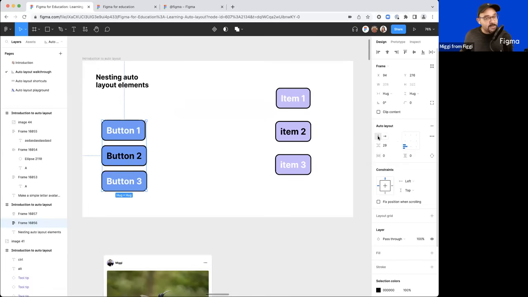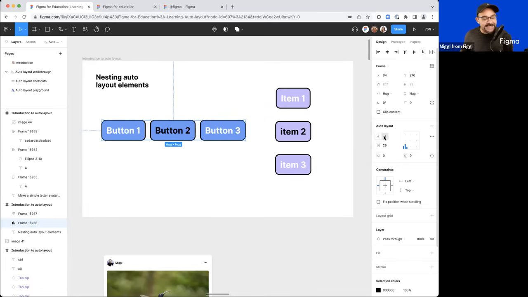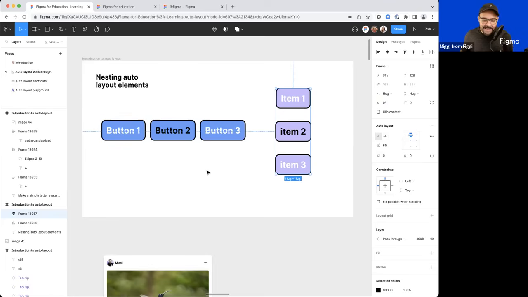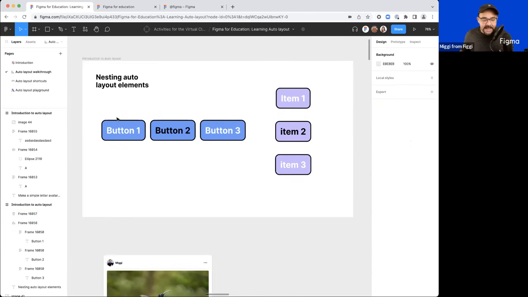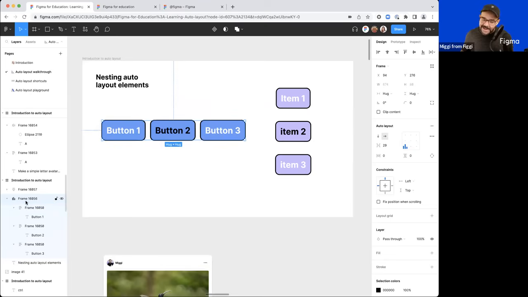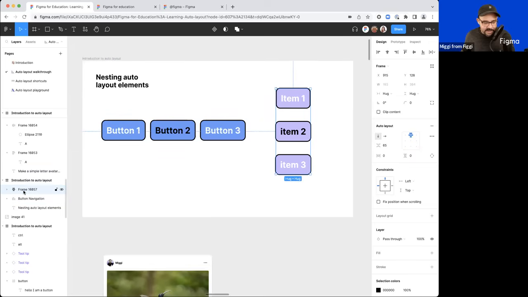So I can set this to a vertical direction of buttons, or I can set this to a horizontal direction of buttons. Likewise, I can do the same here. I can make that horizontal or I can make that vertical. Another thing that I can begin to modify with my frame here, and it's really good if you come over here and name these things. I haven't named this. So let's just call this, let's say button navigation, and let's name this one to, item